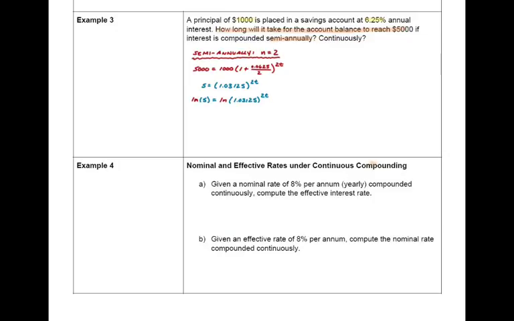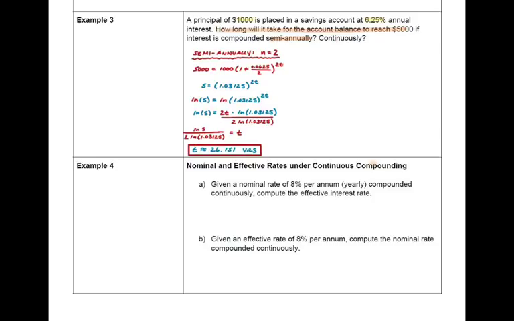But now I brought 2t down in front, and then I divide both sides by everything that's not t. So what that'll give me is t equals ln of 5 over 2 ln of 1.03125, which would be approximately 26.151 years. So if interest is calculated twice a year at 6.25%, my money would go from 1,000 to 5,000 in a